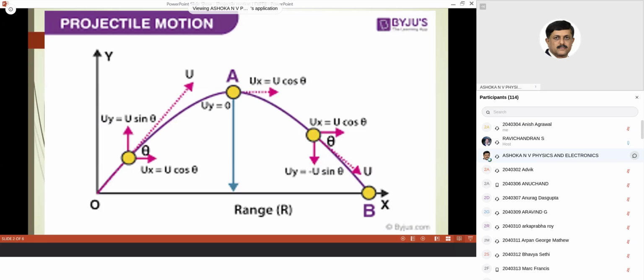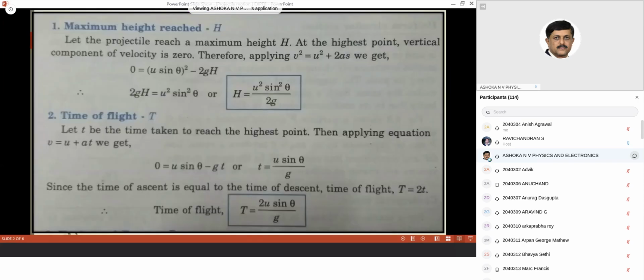Otherwise, everywhere you have the horizontal velocity u cos theta. Based on this variation, you can derive the expression for maximum height. When the particle reaches the maximum height, say capital H, at this particular point the vertical component of the velocity, as I have shown in the previous diagram, is 0. Then making use of v square equals u square plus 2as, your v will be 0, the final velocity at the maximum point,